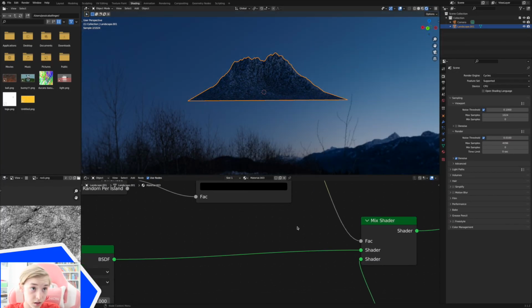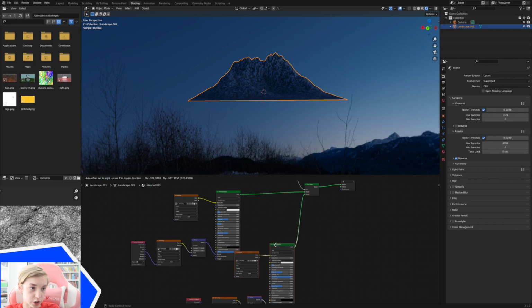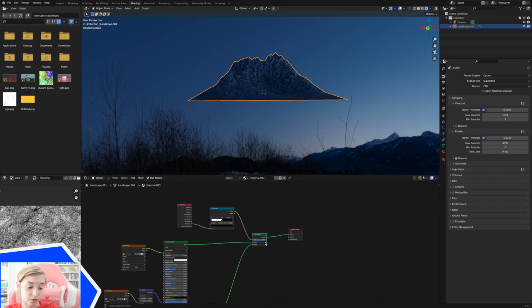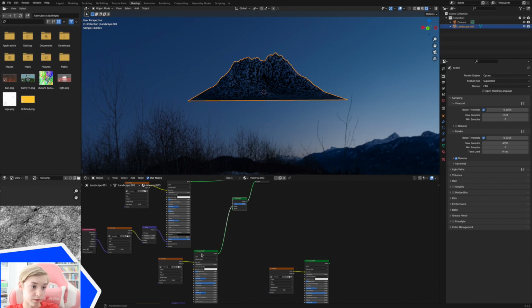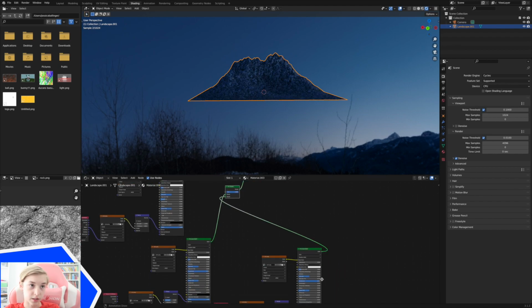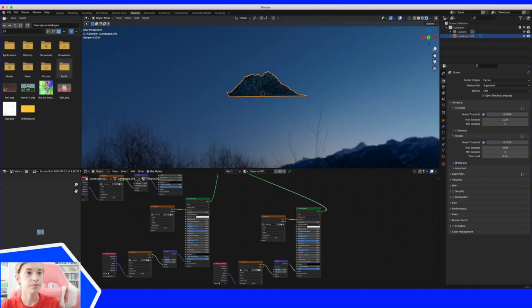Okay. So, to do this, you can zoom out here, select all of the shading for the rock, press Shift-D, and just move it over here. Next thing you're going to do is select this mix shader, press Shift-D, and move it into the middle of the principled rock shader. Next, you're going to take the shader and move it into the principled BSDF of your rock that you just duplicated. So I just added in a grass texture,